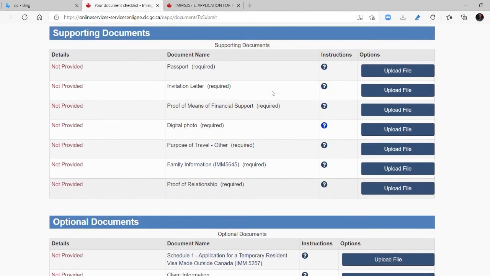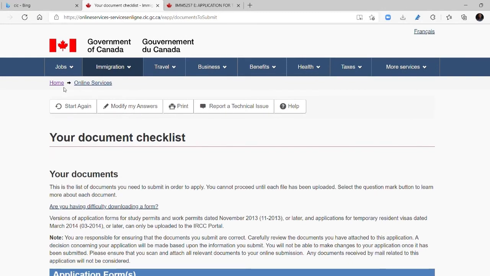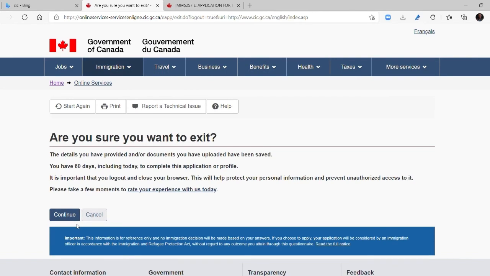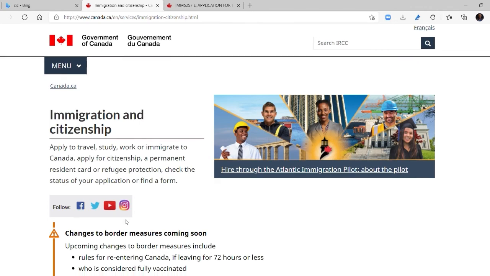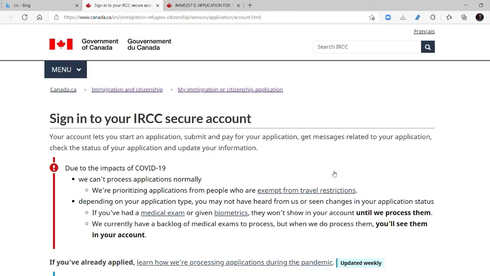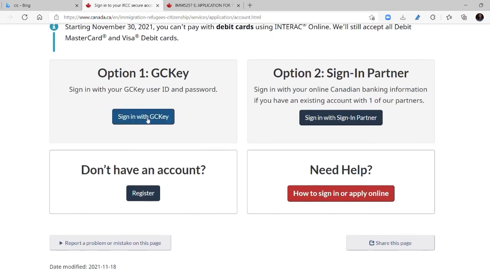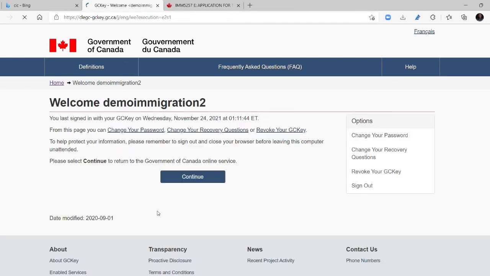Once you're done with that, the next thing is to keep monitoring your portal. You can always go to where we first signed in, and once you get there, you can see the messages that the Canadian Immigration has sent you. So you can just come to the home page, then click on sign in again. Once you click sign in with GCKey, put in your username and your password, then it's going to take you to that place where it says